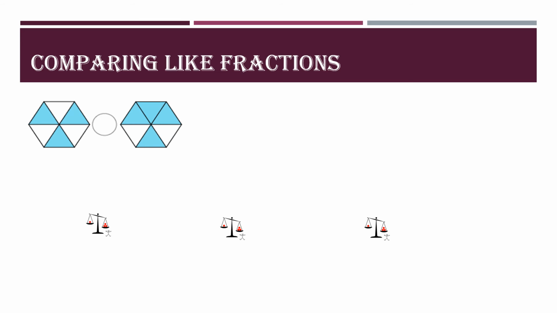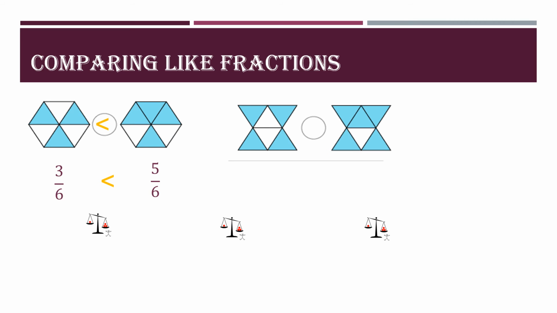Now we are again comparing fractions. In the first one we can see there are 6 parts, and so the shaded fraction in the first will be 3 by 6. In the second it will be 5 by 6. Now 5 is greater than 3, so this fraction will be greater. This is very easy, but still let's do some more examples. Here we have 6 parts, and 4 are shaded out of 6, so the shaded fraction is 4 by 6. In the other, 5 parts are shaded out of 6, so the shaded fraction is 5 by 6. So this fraction will be greater.